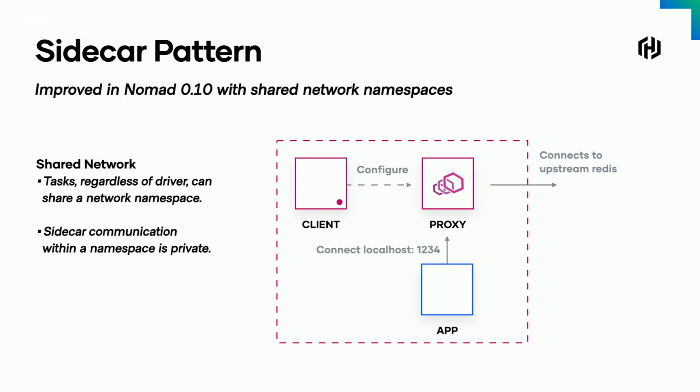We'll jump into that a little bit more. That's the Consul Connect integration. In this diagram, we have your application running. If it wants to talk to a service in the cluster, it's talking through this proxy, and this proxy is doing all of the load balancing necessary, the service discovery. Maybe it's enriching those requests with tracing and whatnot. So this shared private namespace where the network stack is private to that task group enables some